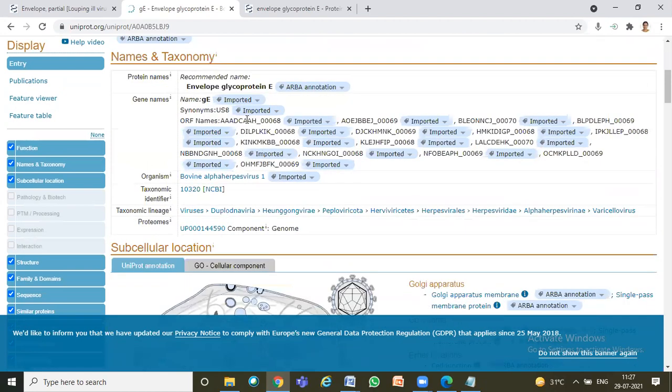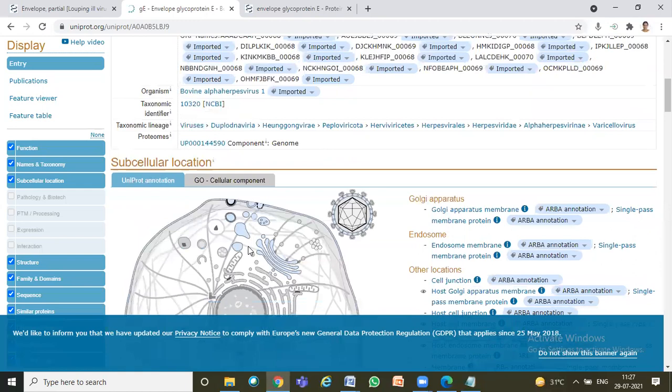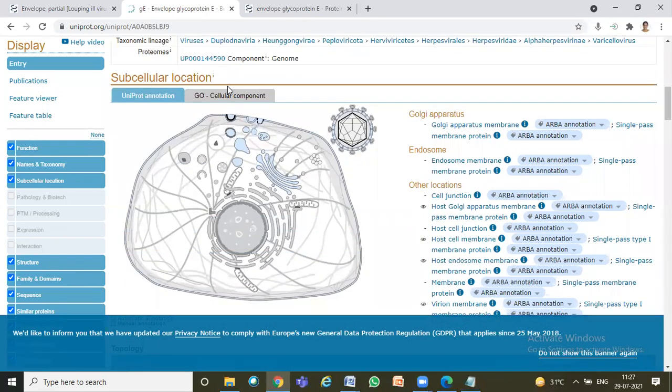You see so many ORFs, open reading frames, that are reported. You see this many. If you check in the NCBI gene, you get this many results. So the organism is the same, the taxonomic identifiers, right? Then you have subcellular localization. Subcellular localization is that this is a virion, and when it enters the host cell, it will enter the Golgi.